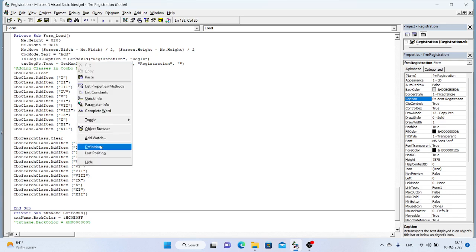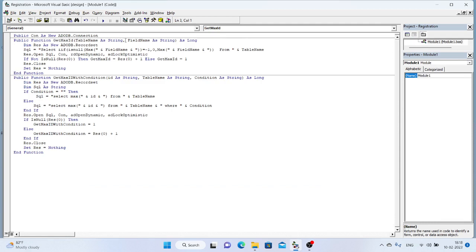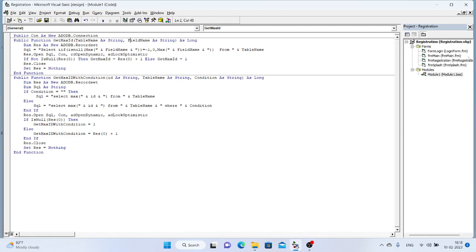In this function, we are passing the table name and field name, and we are getting back the max registration ID or registration number. This one is with a condition, and this function is without a condition. We are calling this function after passing the table name and field name here, so we will get back the max registration number or registration ID. So we'll go back here,